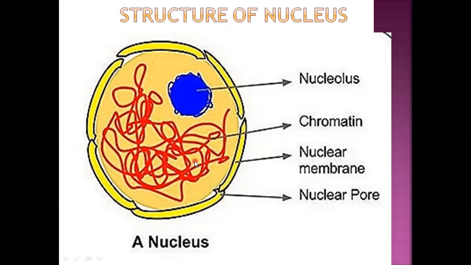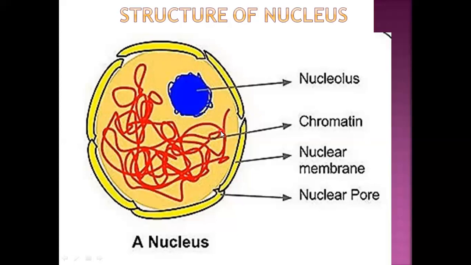One more important thing I want to tell you is that this DNA has small segments on it which are called genes, and all our characteristics or traits that we inherit from our parents are because of the DNA. So it is a very important structure. Genes are known as the hereditary units, and the genes are present on the DNA, and DNA makes the chromosomes.